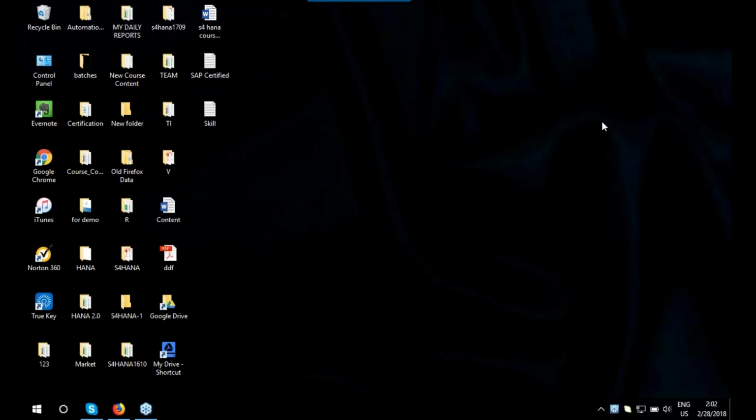Smart data access means accessing data from non-SAP systems. When we are working on smart data access, the first thing is creating a connection. A connection is established by creating a remote data source. So you can create a remote source to the source system. For example,